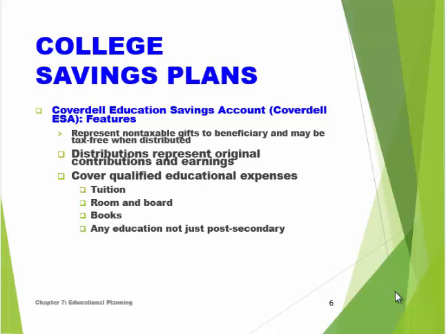Now, if it's distributed for educational purposes, then it's going to be distributed and it will be tax-free earnings. You can use this for any kind of school, not just higher education, but secondary or elementary school, high school. Could be used in vocational schools, and it can be used for tuition, room and board, books, etc. So it's a basic way that we can help save and move forward with our accounts, so with our savings plans, so we can do this on a tax-free basis.